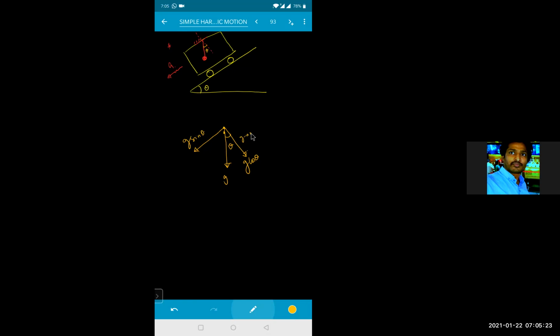So this is along your negative y-axis and this one is along your negative x-axis. Now, g effective will become how much? g effective will be equal to g bar minus a bar. Now tell me, what is g bar? If I take this one as the y-axis and this as the x-axis, g bar will be g sin theta i cap plus g cos theta j cap. Can I write like this?